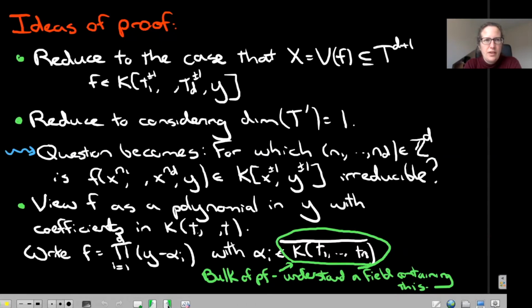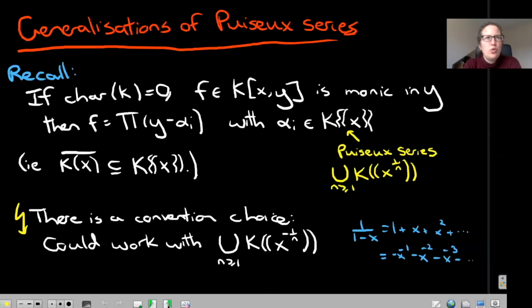Okay, so this is another re-entry point to the talk, because we're going to back up and talk about something that, again, a priori seems unrelated. And that's essentially what I just motivated, which is let's think about the algebraic closures of fields of rational functions. So you may know, well, many of you will know that in characteristic 0, if